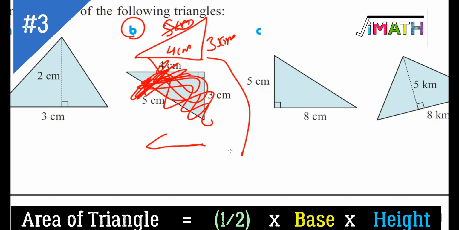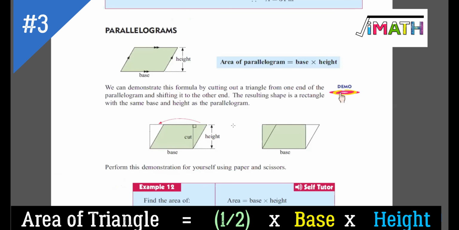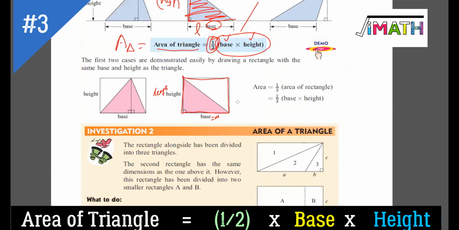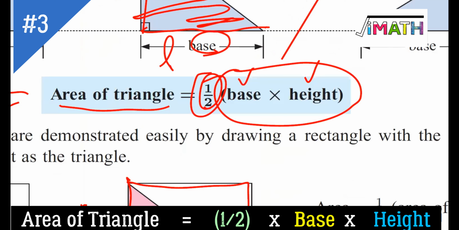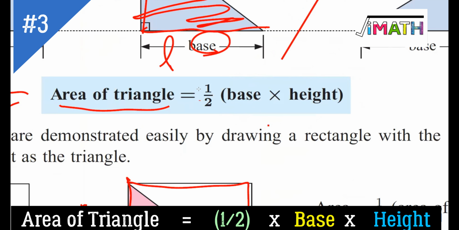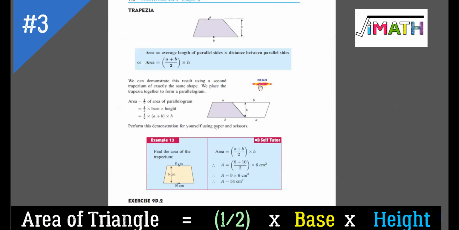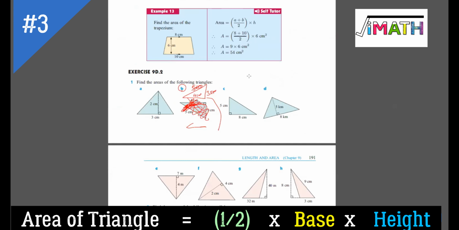12. Divided by 2. Okay. You multiply the base and the height, and then you half them. Because if you don't half it, it's going to be the area of the rectangle, not the triangle. Because there are two triangles in a rectangle, that's why we just want to know the one triangle only. Okay. So yeah, what do you think about